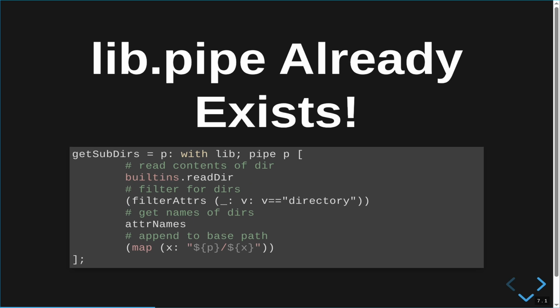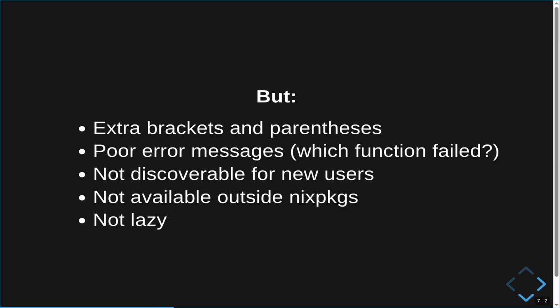Now, some of you who really know Nix and Nixpkgs might say, but lib.pipe already exists. Why are you not just using that? So this is what the lib.pipe implementation would look like. lib.pipe lets you do pipe, value, and then a list of functions to apply. But there are some limitations to that, such as,